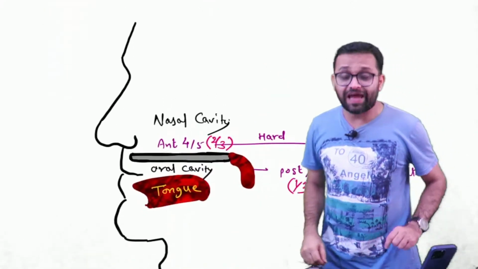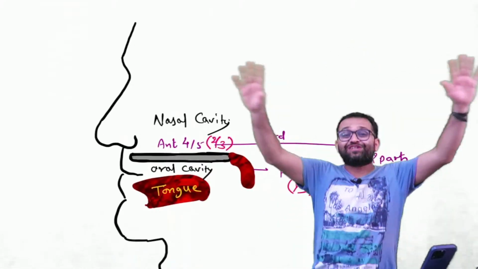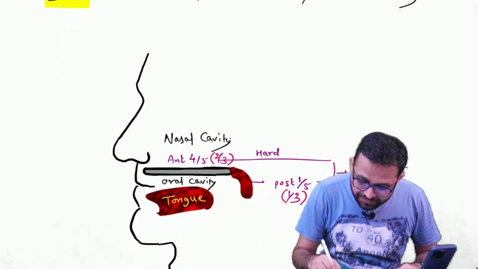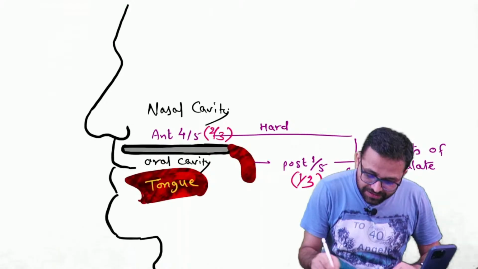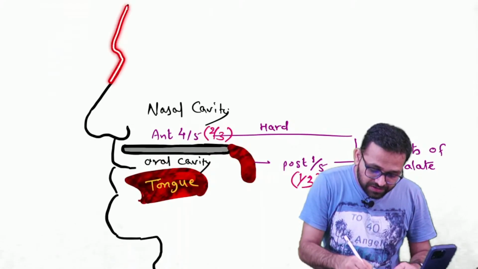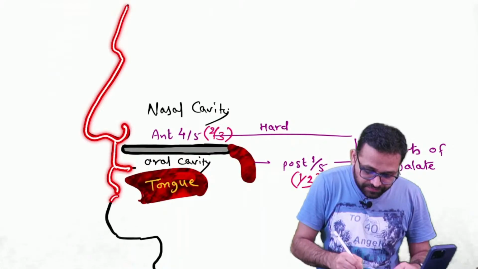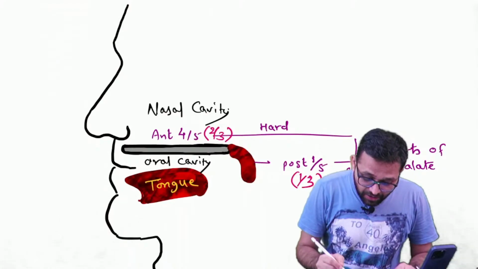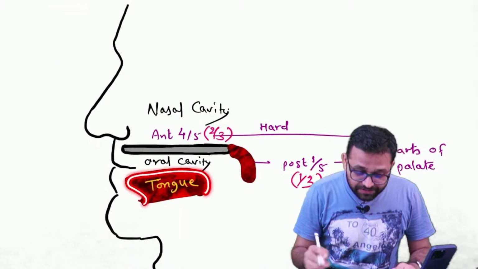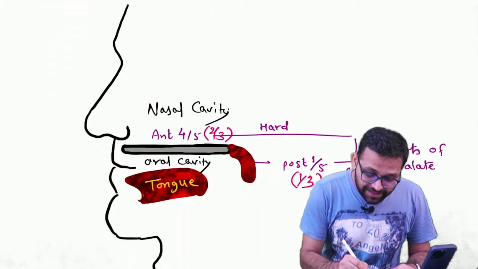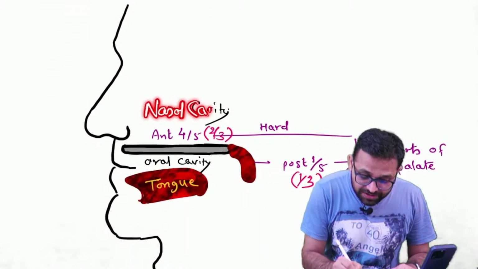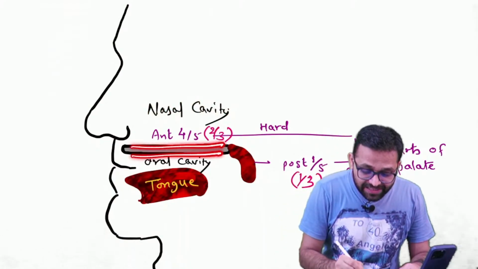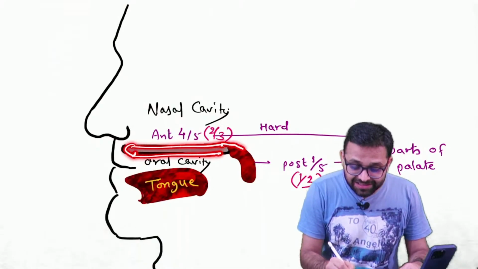Okay, so this is our diagrammatic presentation which we drew during our detailed class. Yes, you can see this is the quick review. So this is how to draw the face. Now can you see in the oral cavity there is the tongue. There is a structure just behind the nose; this is our nasal cavity. So the partition between the nasal cavity and the oral cavity, this is the palate.